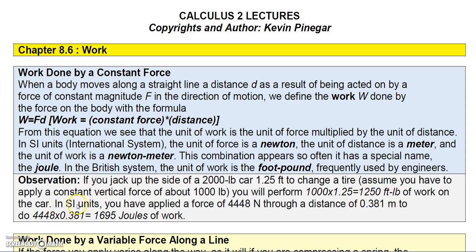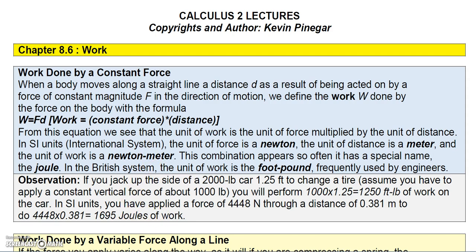In the international system, you have applied a force of 4,448 newtons through a distance of 0.381 meters. So if you multiply 4,448 times 0.381, you get 1,695 newton meters, which we call joules of